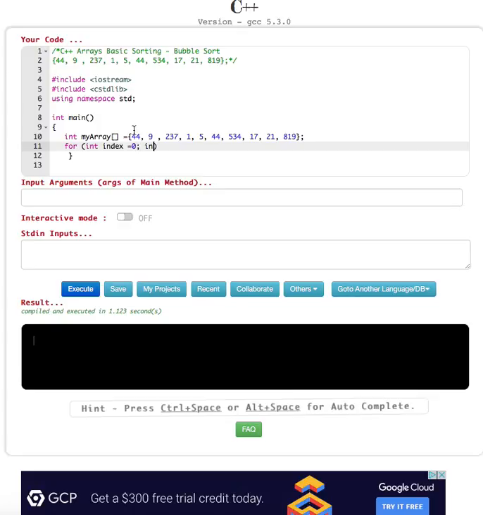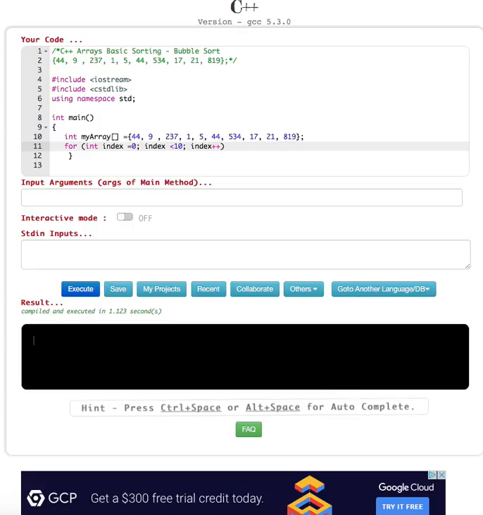And index always starts from 0, right? So this is index 0, 1, 2, 3, 4, 5, 6, 7, 8, 9, so it means less than 10. So we put index less than 10, and it's going to increase by 1, so it's going to go through each index